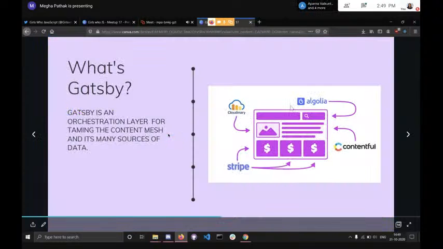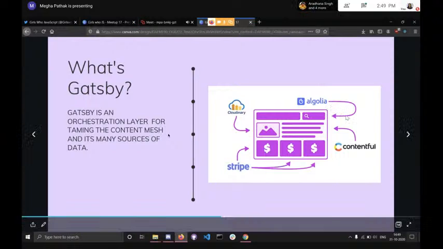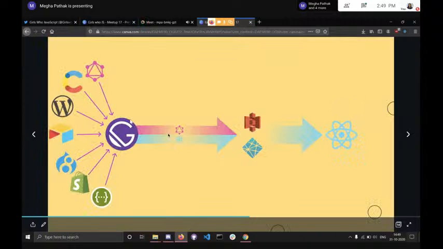It brings and unites all the different components, like a search from a completely different place, an image optimization system from a completely different place, and a content management system from a completely different place, and brings them together. You write your whole app using GraphQL and React, and simply deploy it using Netlify or Fastly or any CI/CD deployment you want.